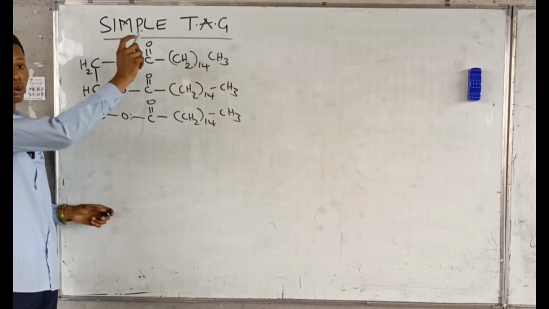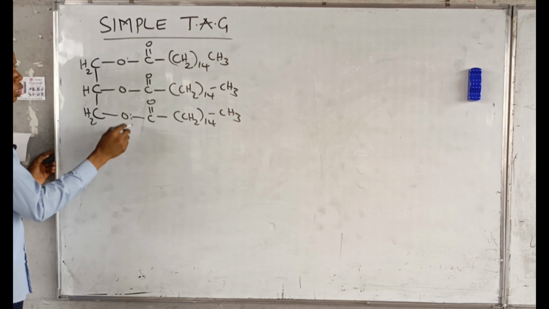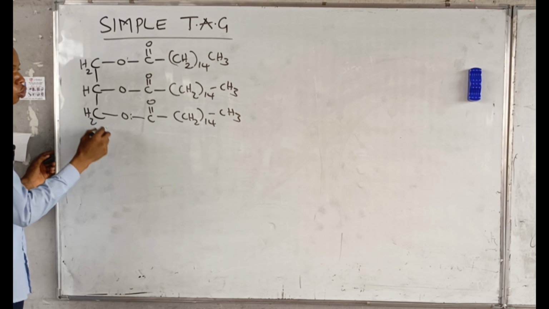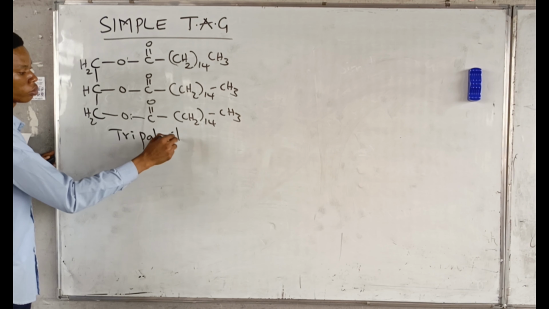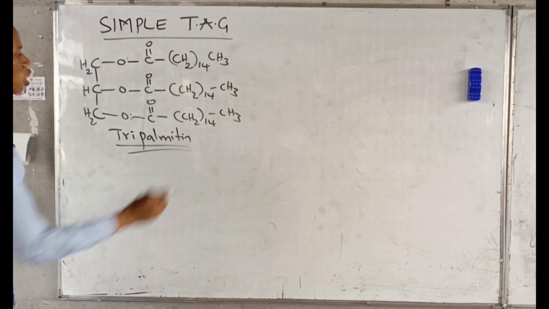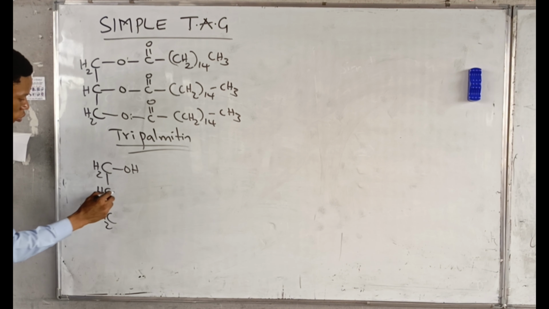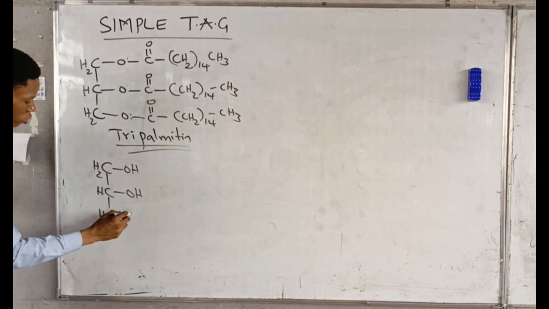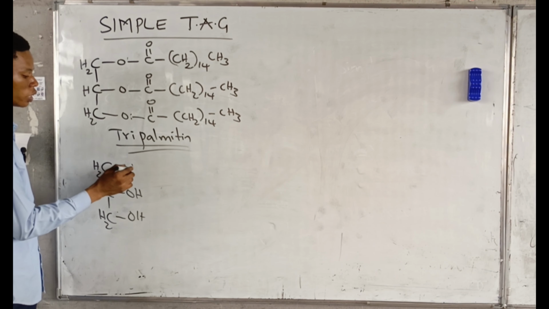So we said this is what? Simple triacylglycerol. For example, this is named as what? Since we have 3 palmitic acid, you name this what? Tripalmitin. Tripalmitin. If we have another one, if I esterify this with